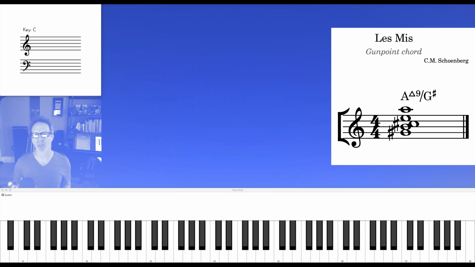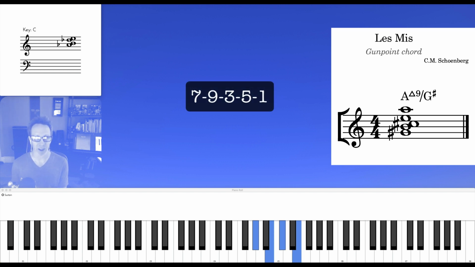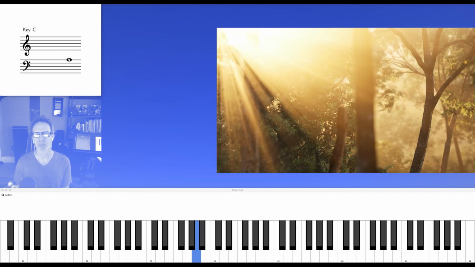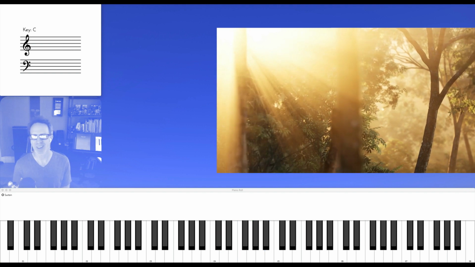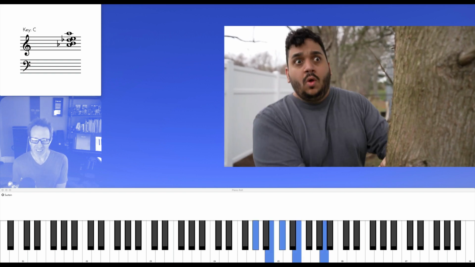This shows the power of inversions, how a chord is spelled. Instead of this 1 3 5 7 9, he spells it 7 9 3 5 1, and it transforms what would be in root position, this bright uplifting chord that evokes the sound of nature and beauty, into something that can be used to evoke the fear of death and the throes of battle.